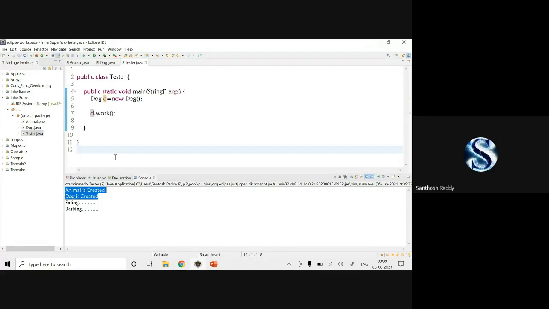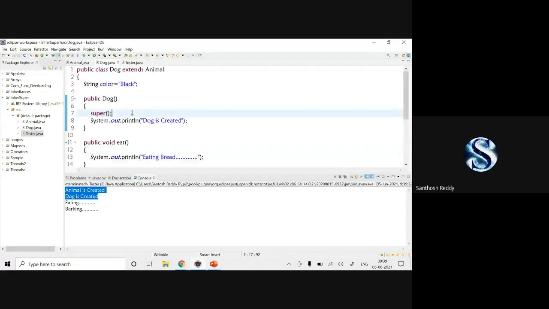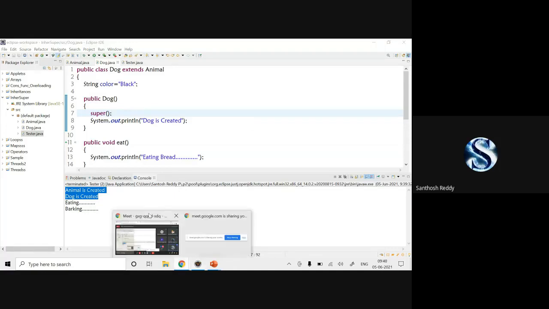Is it clear for everyone how to create a constructor with a super keyword? Yes, is it clear for everyone?